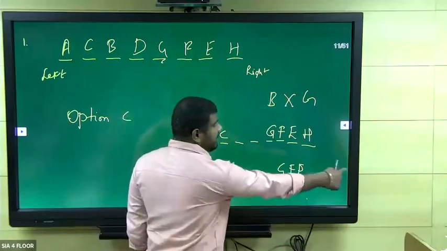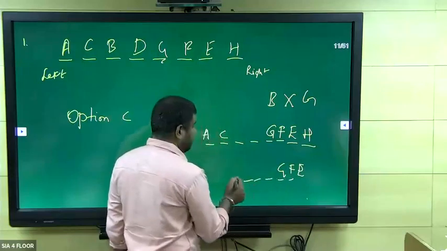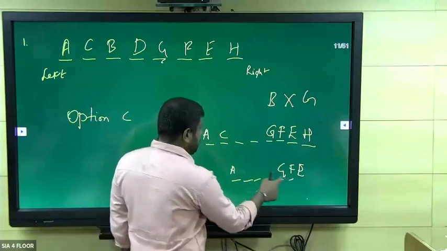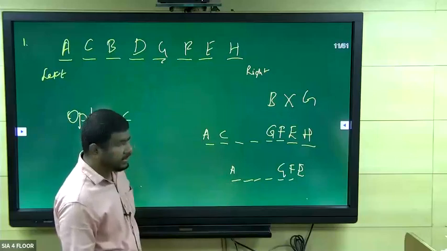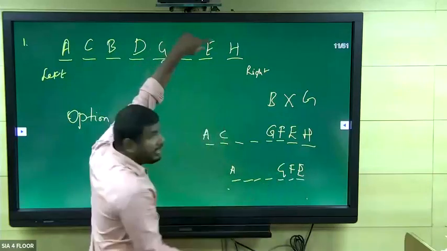So for E, this is the right direction, this is the left direction. So we need to take 1, 2, 3, 4, 5, 6. Right? 1, 2, 3, 4, 5, 6. This is the place. So now we have a total count of 7, but we have 8 counts, right?